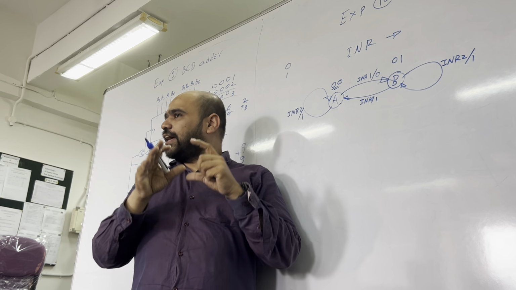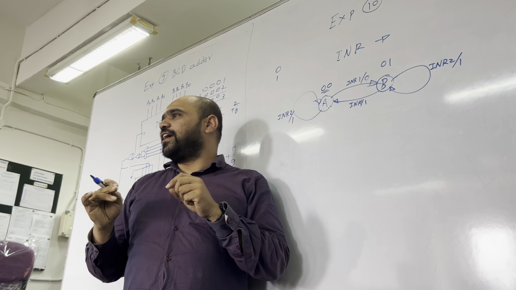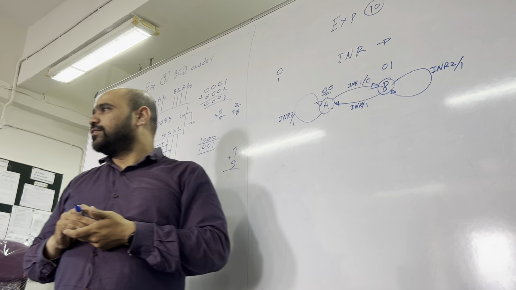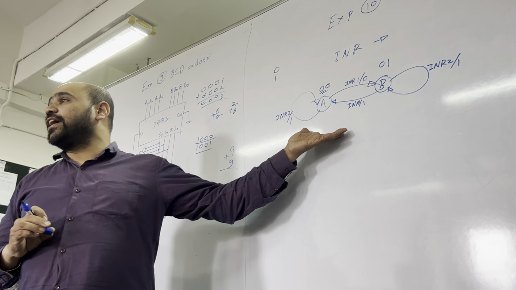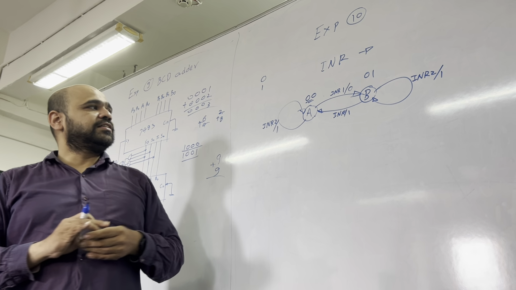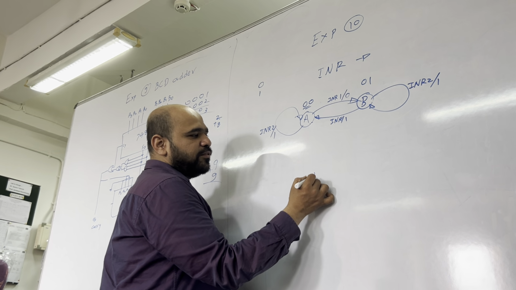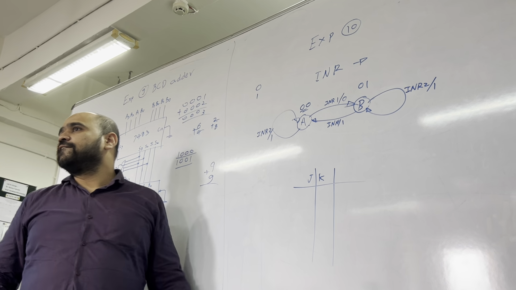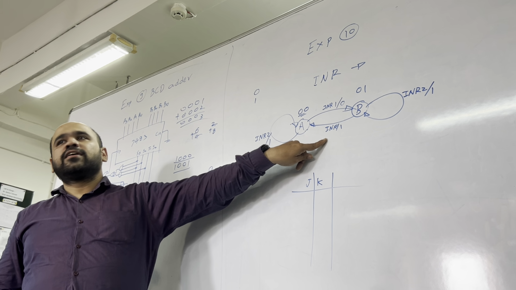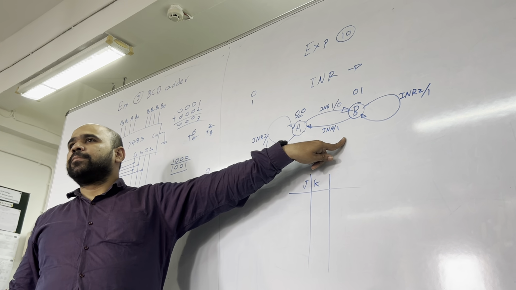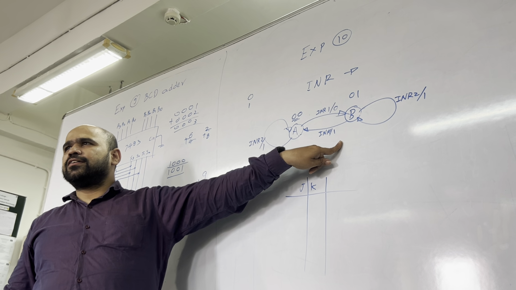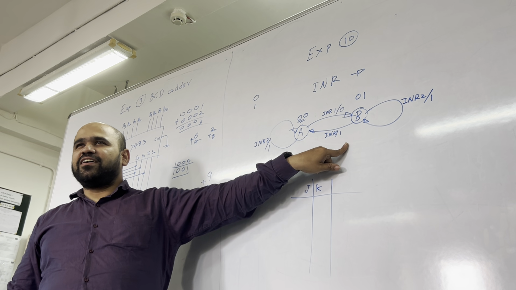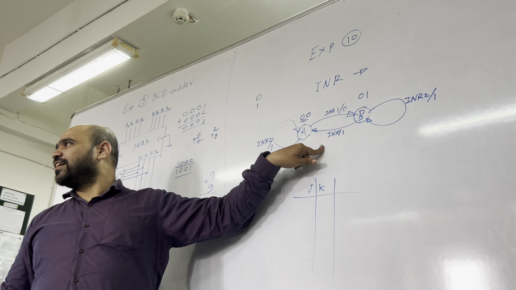What is the word problem? Design a candy vending machine that takes 2 rupees to vend the candy, and you have INR 1 and 2 rupees coin. Okay? So this is the state diagram from that worded problem. Next thing what you have to do, once you have the state diagram, you have to design circuit using JK flip flops. How many states are there here? There are 2 states. How many flip flops will be enough? Will one flip flop do? There are only 2 states, so it is equal. It can be done with just one flip flop.